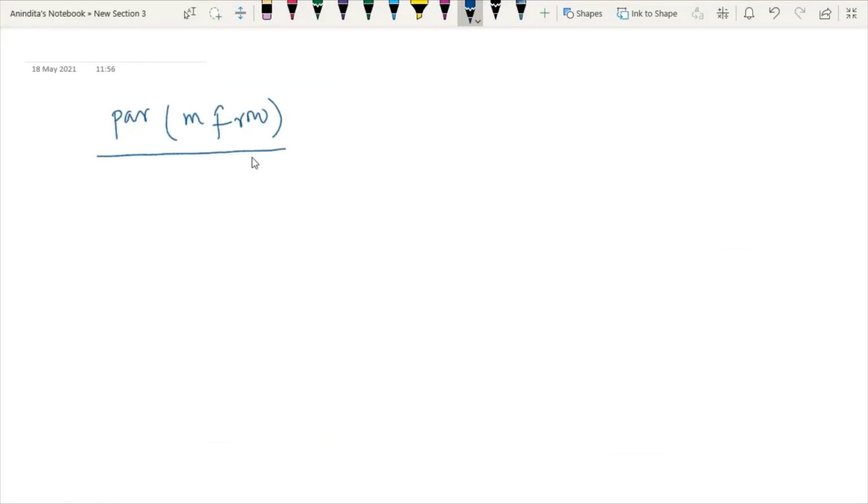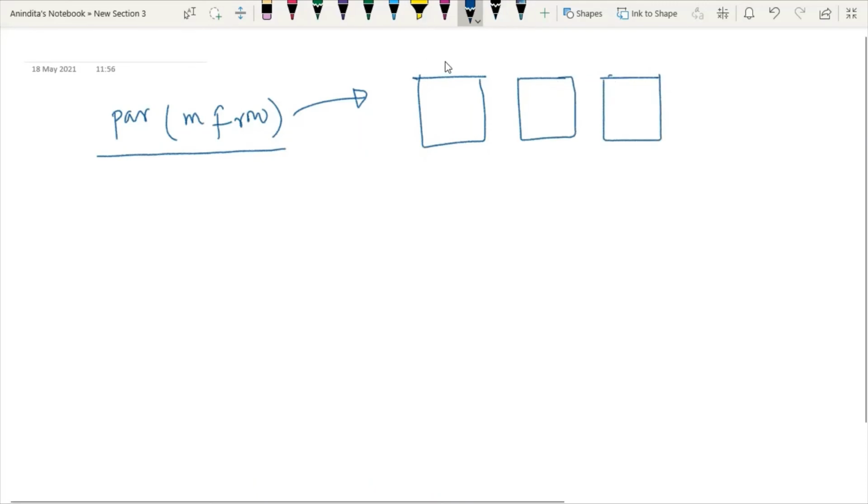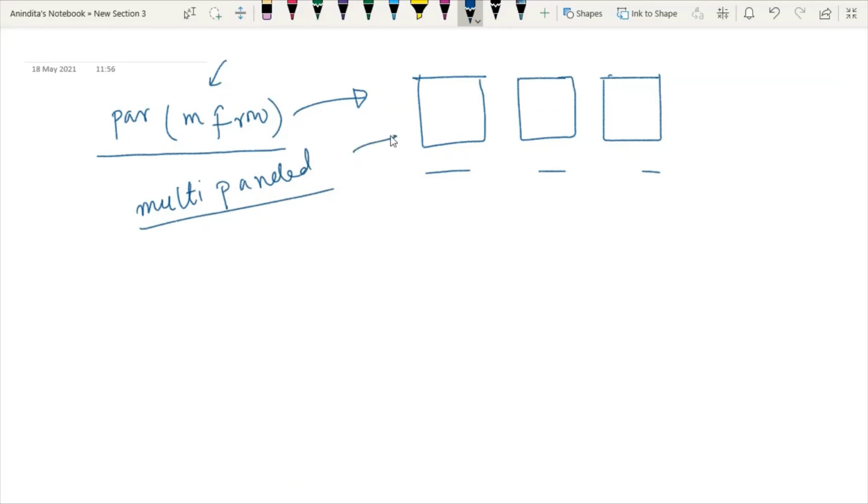Whenever we want to create multi-paneled plotting, our intention is to find different plots for three different species. These are known as panel 1, panel 2 and panel 3. This function will be used whenever we want to create multi-paneled plotting, something like this. And mfrow itself is a vector and the length of this vector is 2.